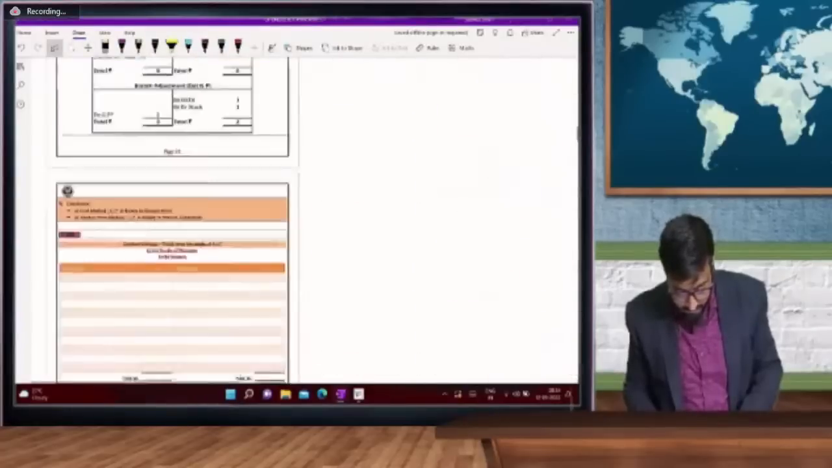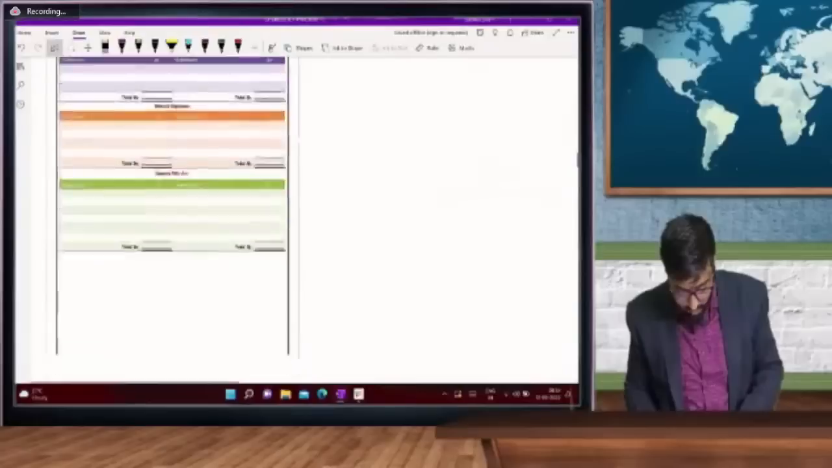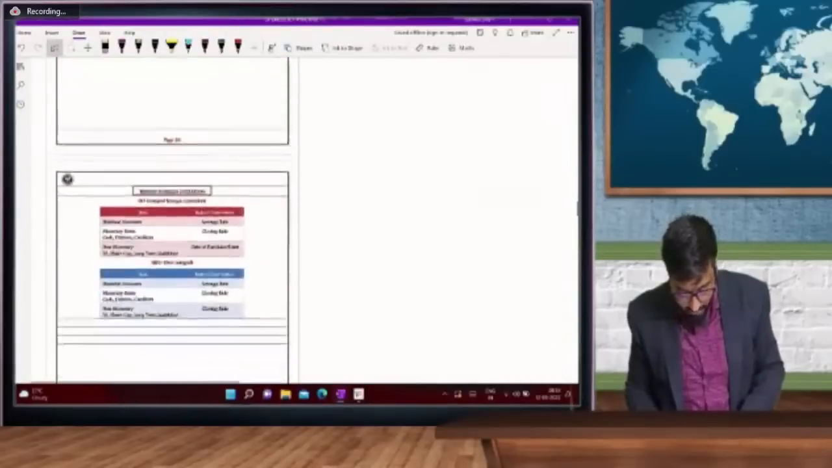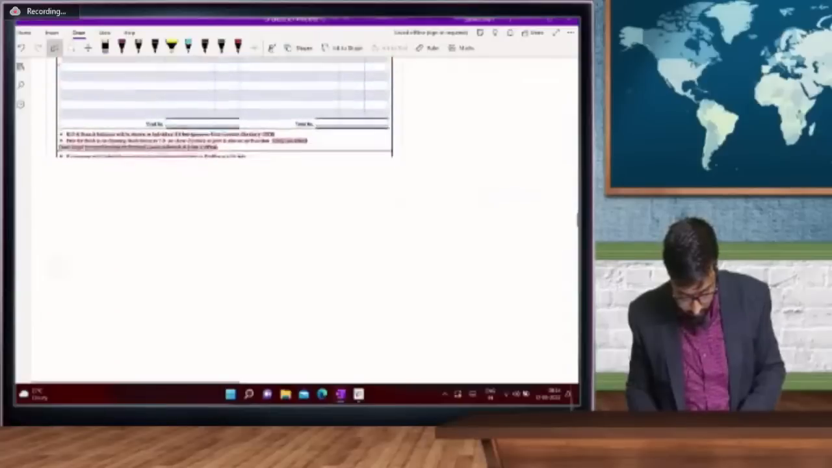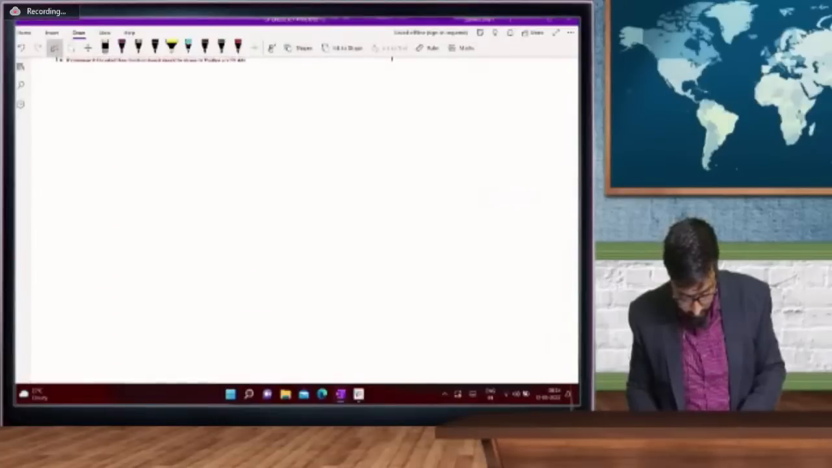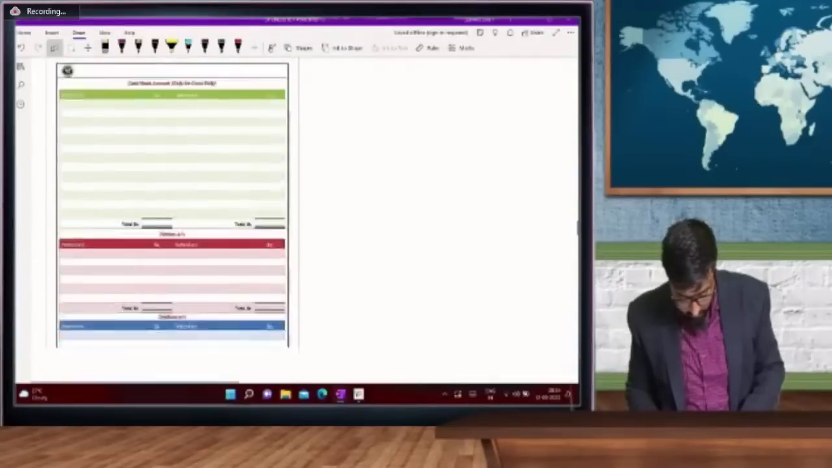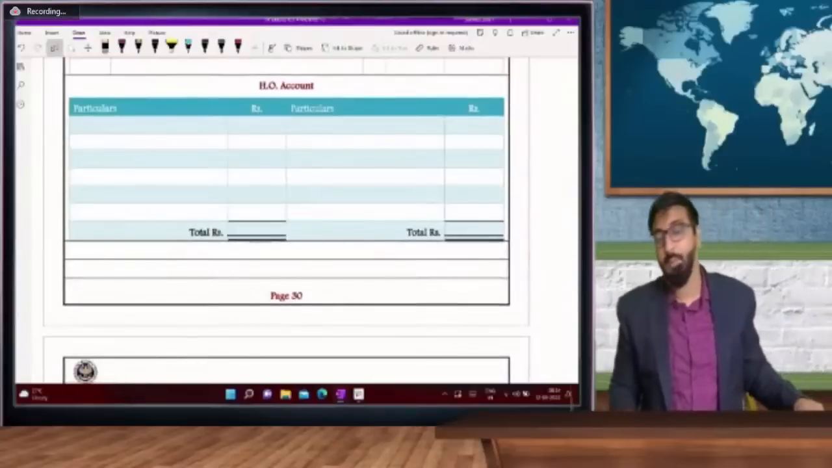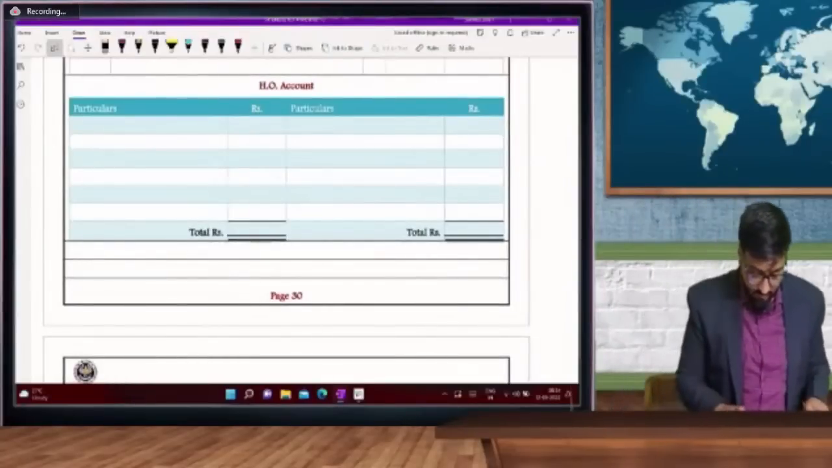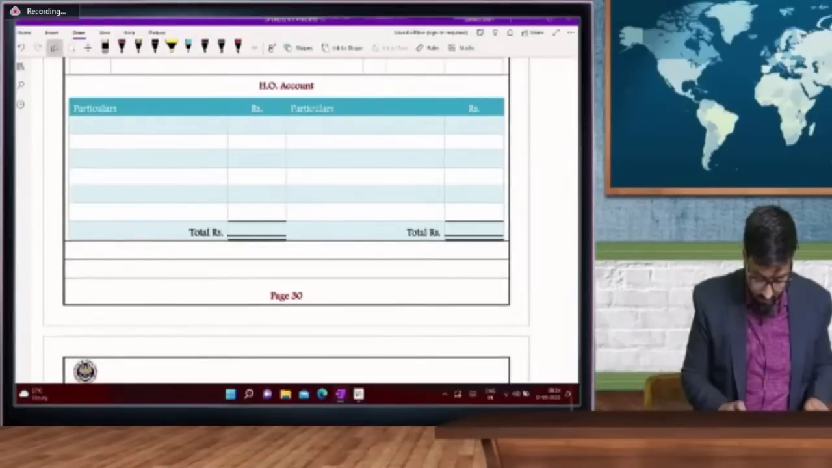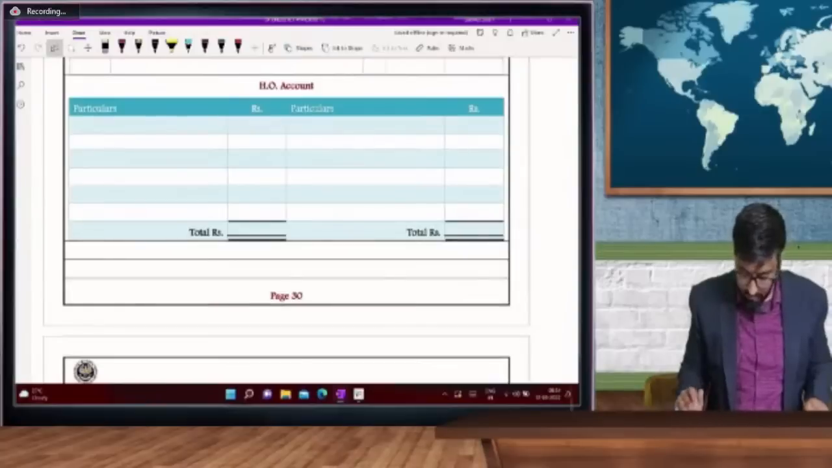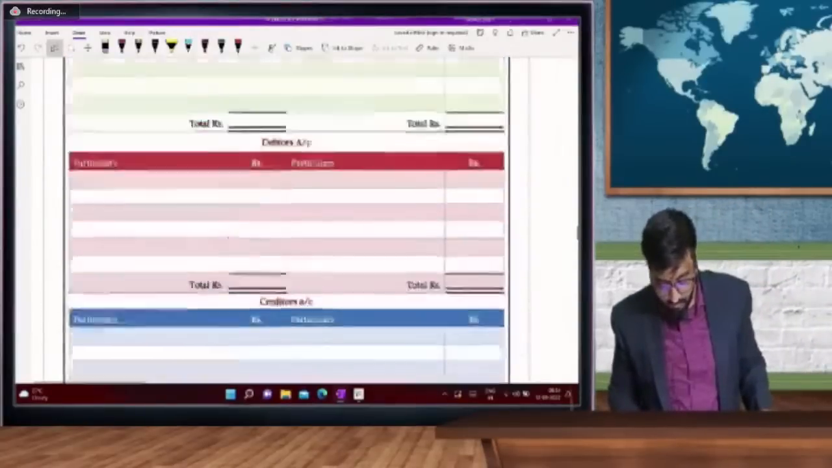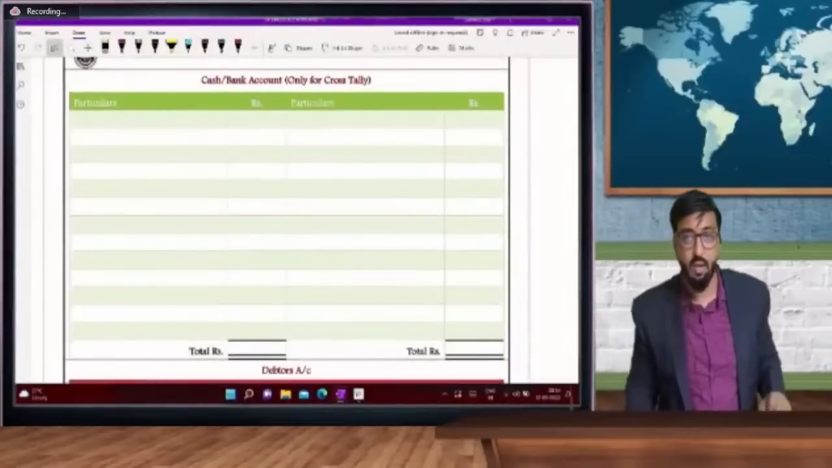Yes, I will give you the technique of solving this question. It's very easy now. Journal entries you understood na, how to pass. And prepare HO account of 6 lines. कैश एंड बैंक अकाउंट हाफ पेज है बेटा, कैश एंड बैंक अकाउंट हाफ पेज।